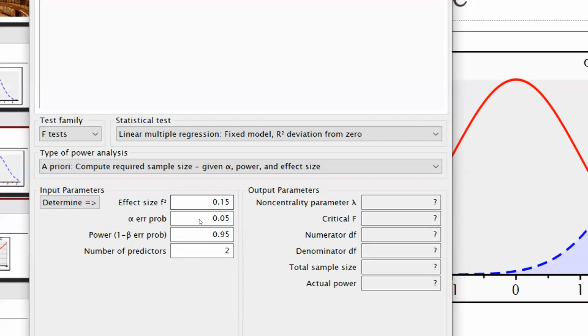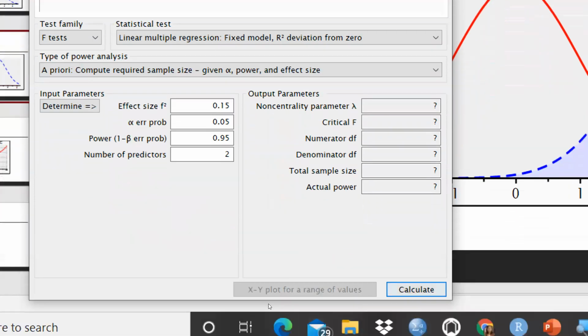So what should our sample size be? Let me calculate this. The total sample size required is 107, and the actual power is 0.95.